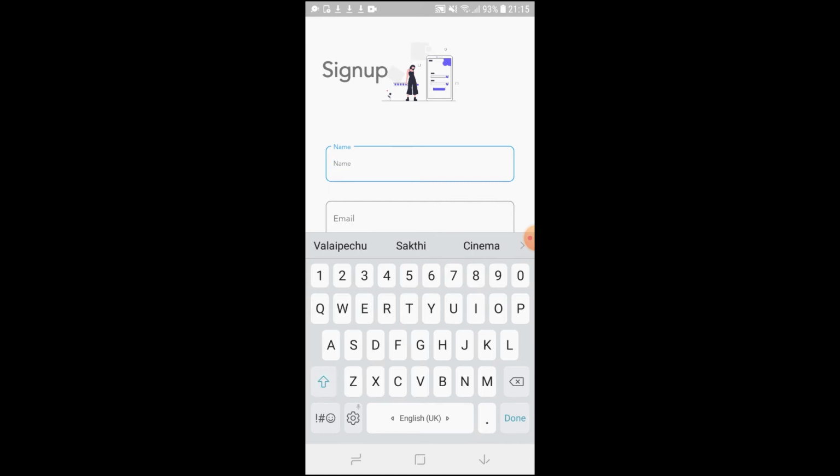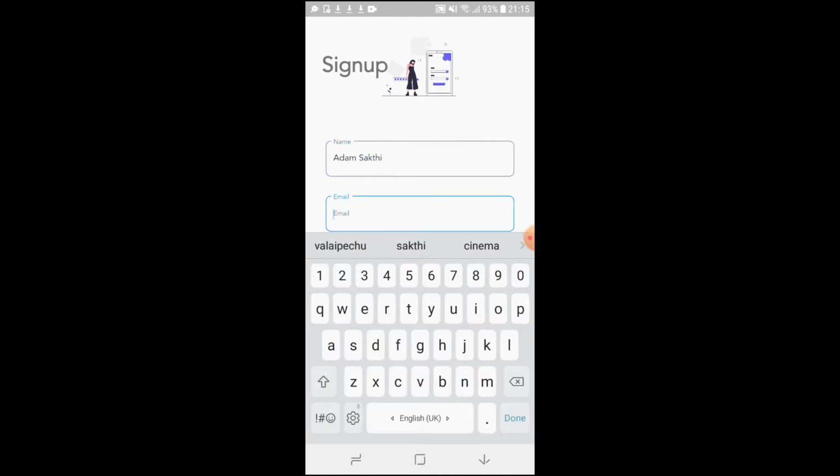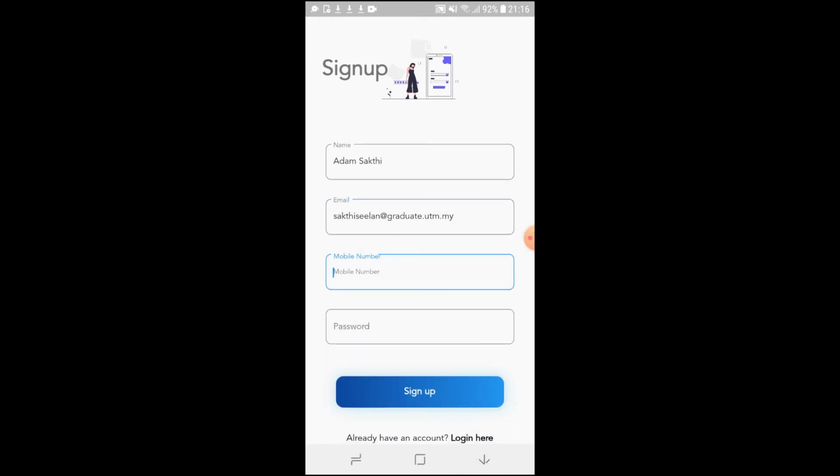We'll put a name, email, which must be valid. So this name at atm.my, and then a mobile number.